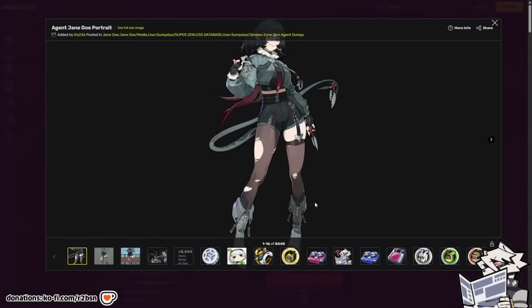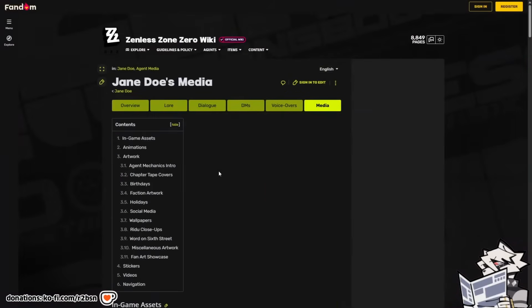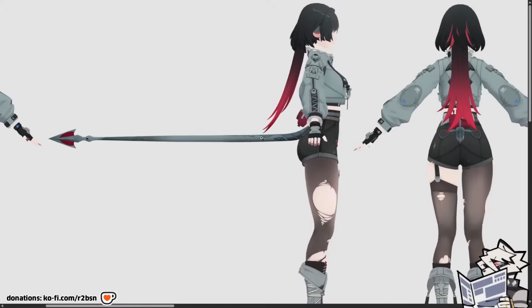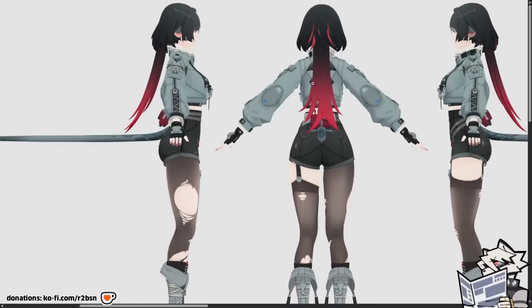I actually like the... Can I see the character sheet? There we go. The tail's so long, holy shit. I actually like this part of the hair. People don't like this, I know, because it's just randomly there. I think...